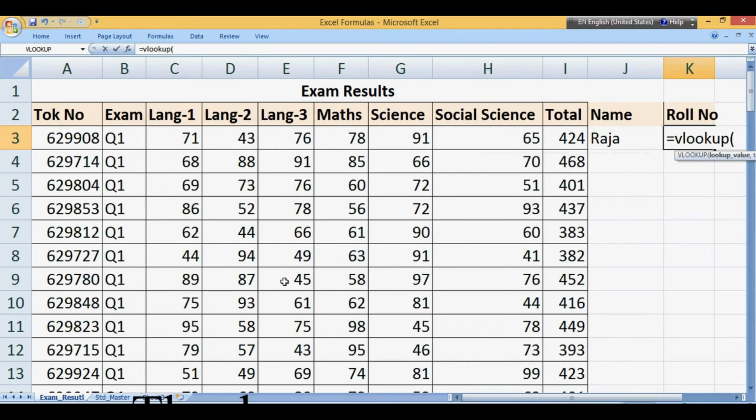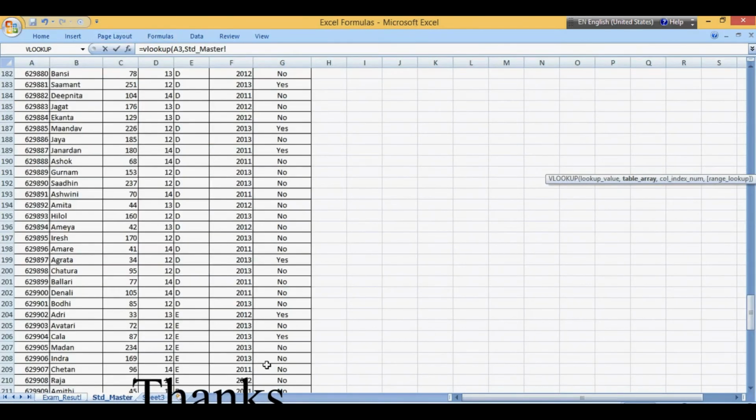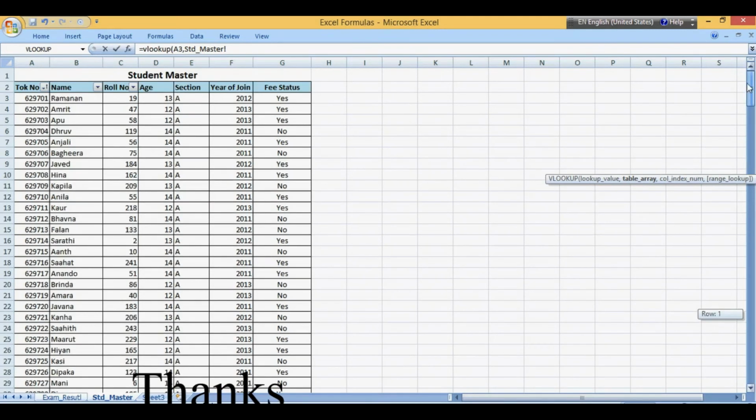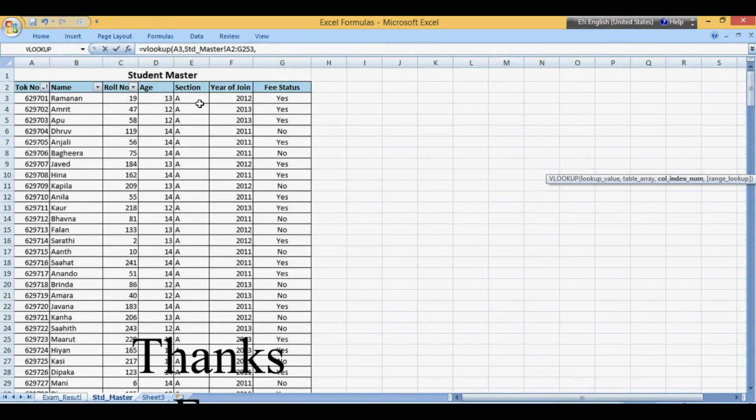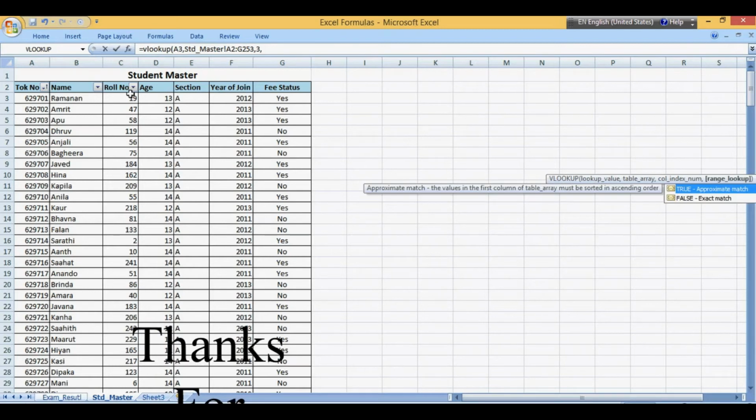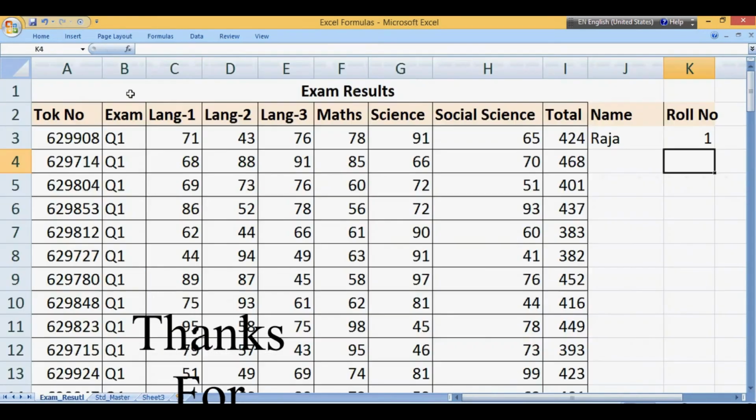VLOOKUP, it comes, the lookup value is always going to be this, comma, my table array is student master, you selected all the student master, then press comma, column index is always going to be for roll number, it is roll number is 1, 2, 3, third, then as I told, false or 0.